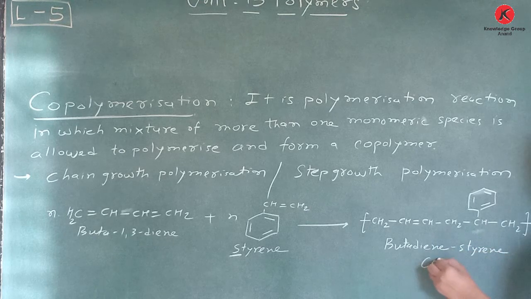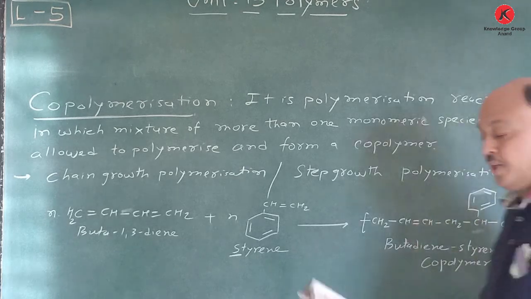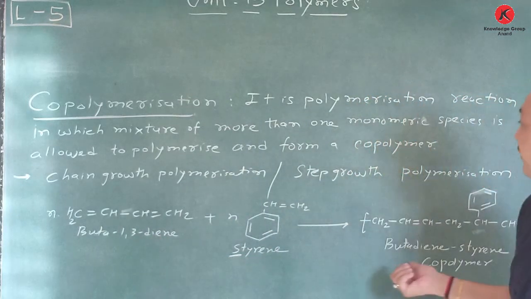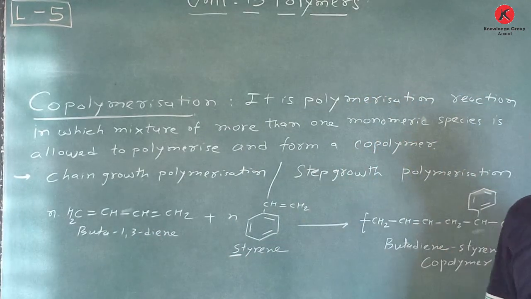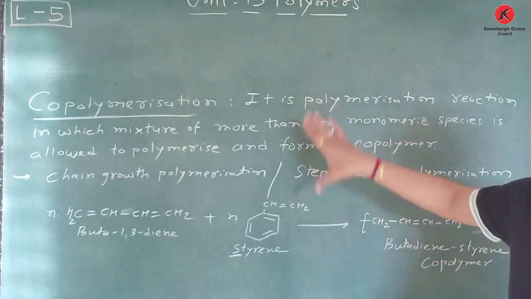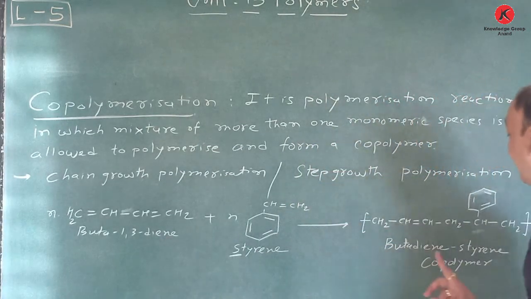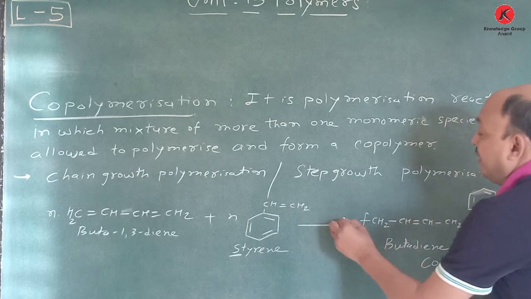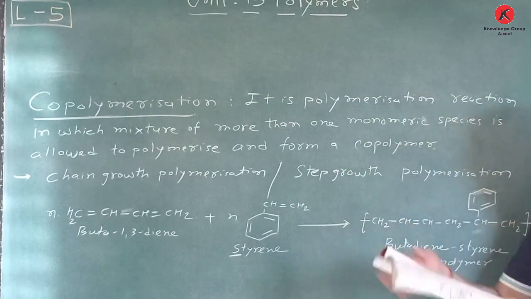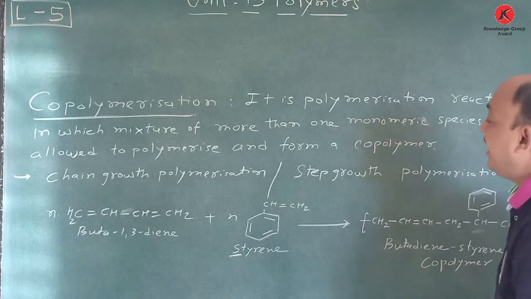Styrene copolymer. So this copolymer, just listen very carefully, we have already learned this, and here the example is given again. So what is the meaning of copolymerization, and give one example. This is the best example. If you write this way, then you get 2 marks, because 1 mark for this and 1 mark for this. So 1 plus 1 is equal to 2. If you write completely, with the name of the reactants and the name of the product as well as the reaction conditions, at that time we can say which type of polymerization takes place? Chain growth.